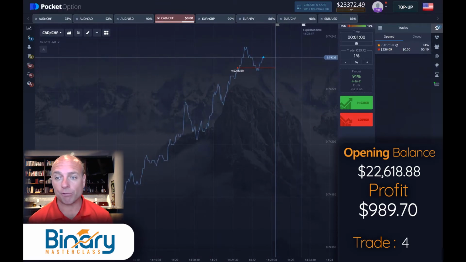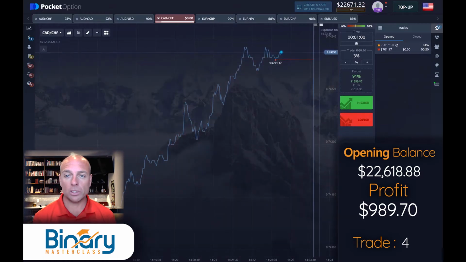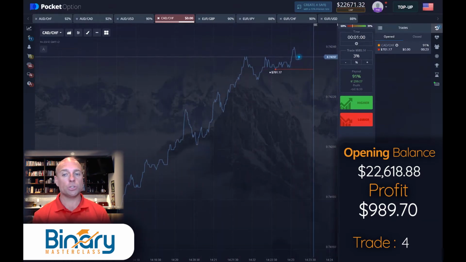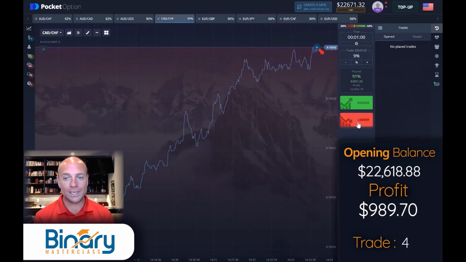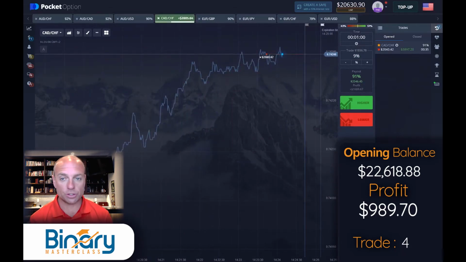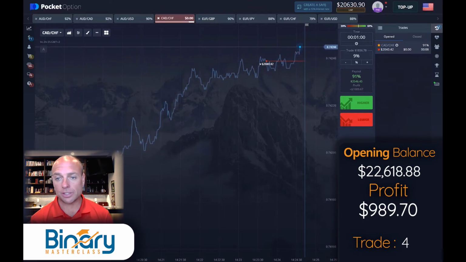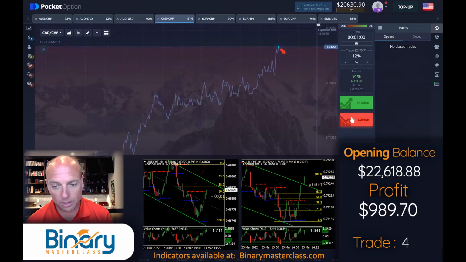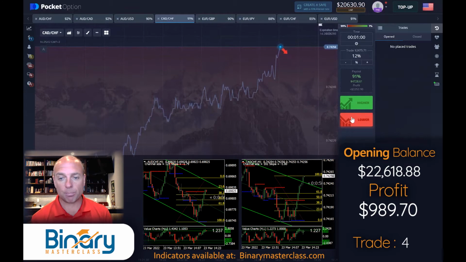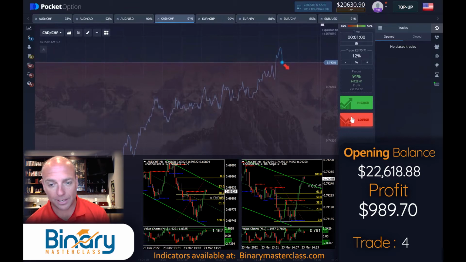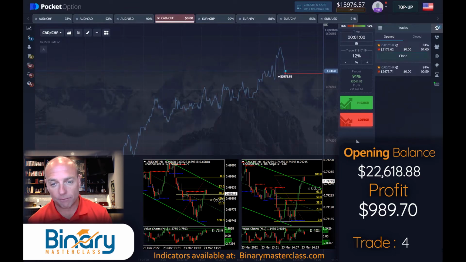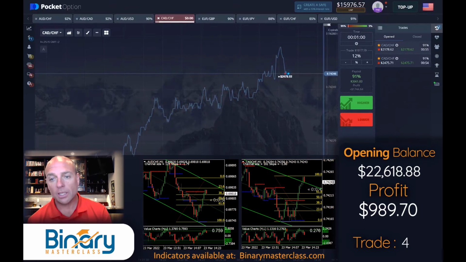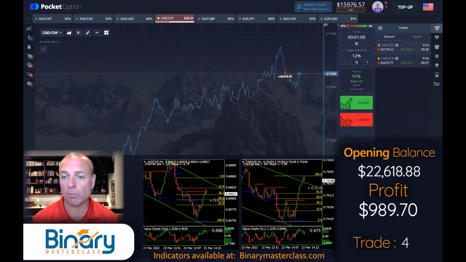And you can see we're in a CAD franc trade right now. This one ends up pushing us to a fourth entry, which does not happen very often. But when it does, one of the things that we use to determine when the currency might be reversing is by watching complementary pairs. You can see we're watching also Aussie franc. I begin to see some red on Aussie franc prior to red on our CAD franc. Then I'm waiting, and if that Aussie franc breaks the support, which it does right there, it gives me the confidence to know that CAD franc is probably following. I do place my fourth entry trade based upon the telegraphed information from Aussie franc.